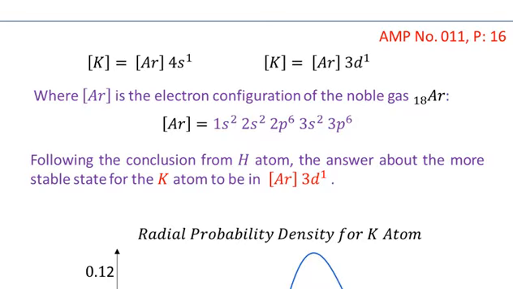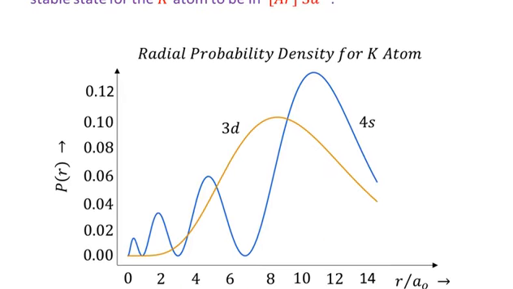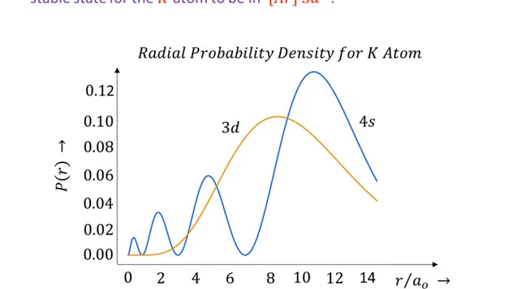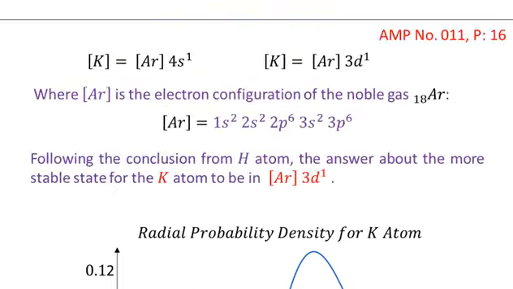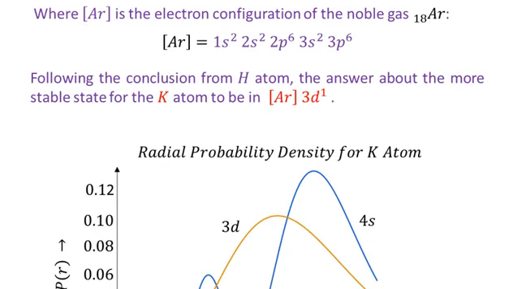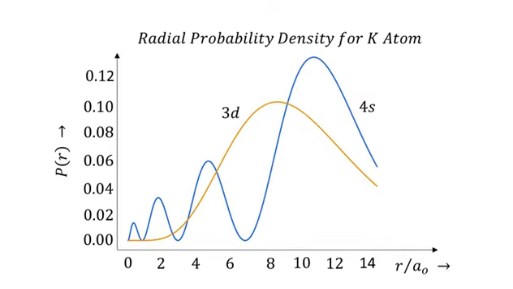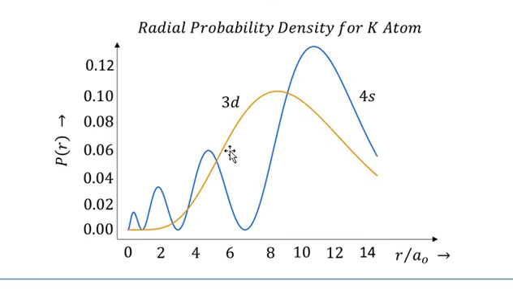Now, let's look at the following plot of the radial distribution for the potassium atom. The formula for the plot of the probability density for the hydrogen atom has been discussed in the lecture on the hydrogen atom. But for the radial probability density of the potassium atom, we have not given any formula, but I have taken this useful plot. Here you can see that